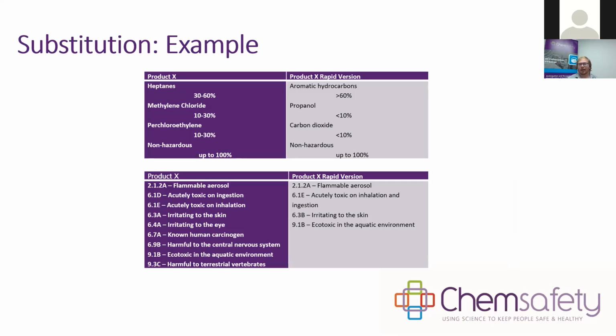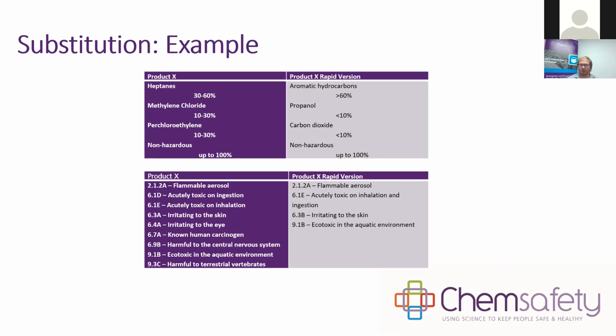So here's a more worked out example of substitution. This is a real life one from one of our reports. I've just renamed the product here, but product X was what they were using, and they decided it's a bit hazardous, and we do have this product X rapid version we could use. And they asked us to determine, is it worth changing from one to the other in terms of the harm caused by them. So you can see here in the top table, product X has heptane, methylene chloride, that's pretty bad,